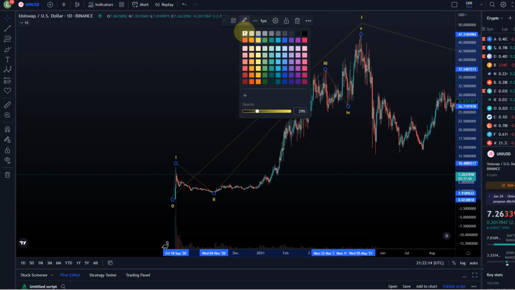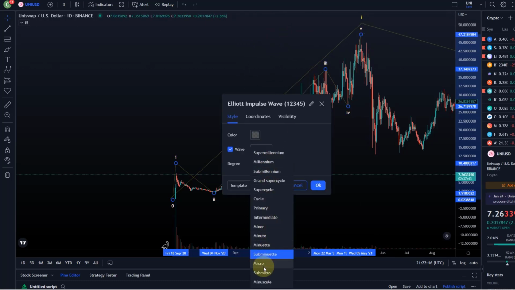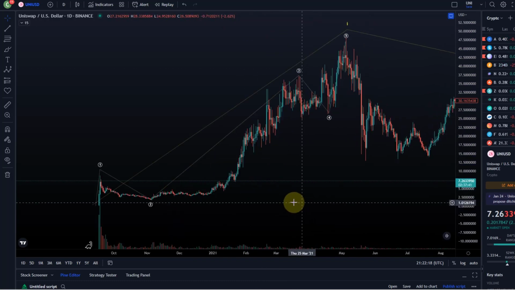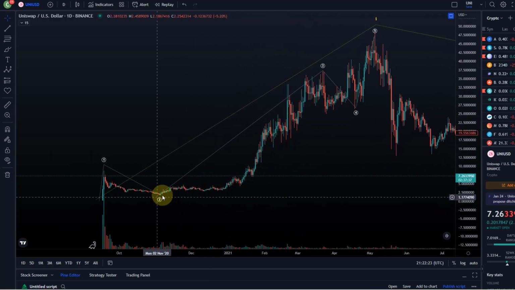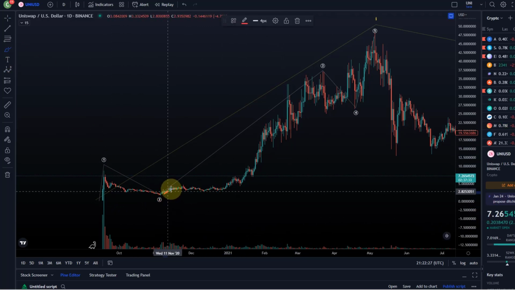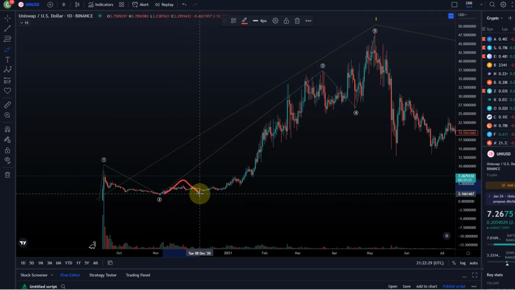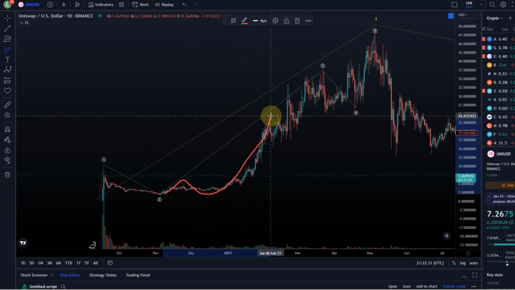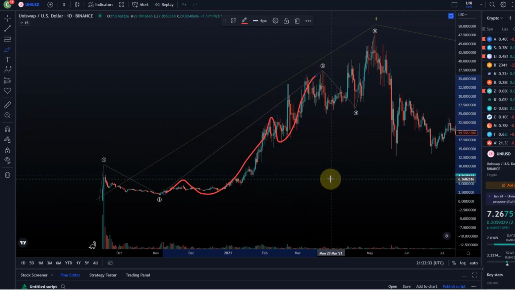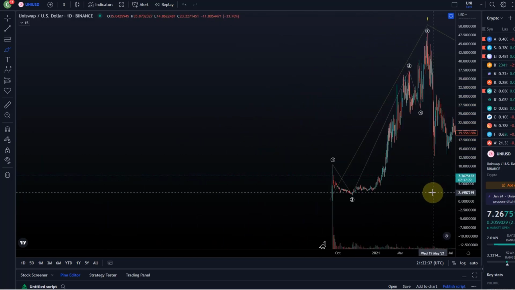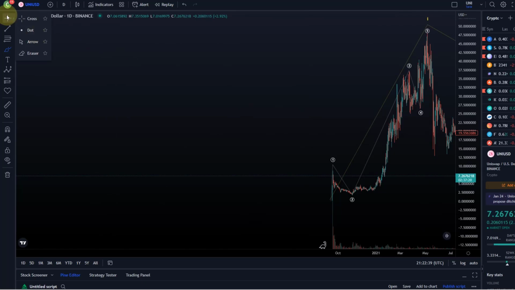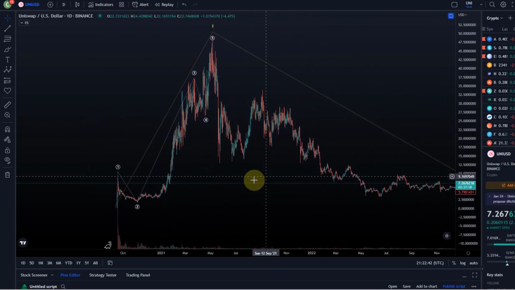Let me change the color here, the degree. The wave 3, as you can see, is often the most substantial wave, the longest one. Within the wave 3, which was the extended one, we have a 1, 2. You could say this was a 3, here a hidden 4 and a 5. And you've got your 5 waves in the wave 3, and at least you can count 5 waves, which is, in my opinion, quite important.